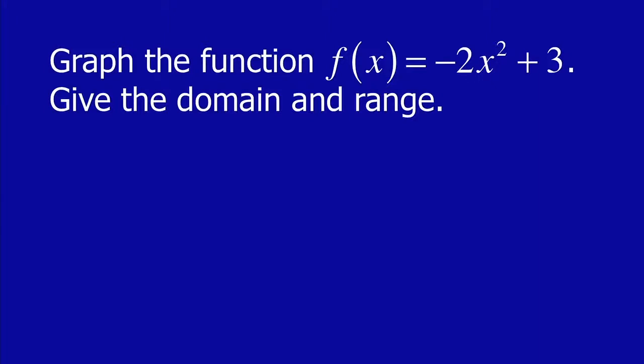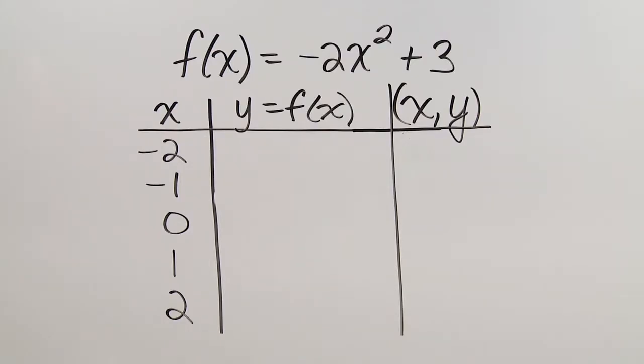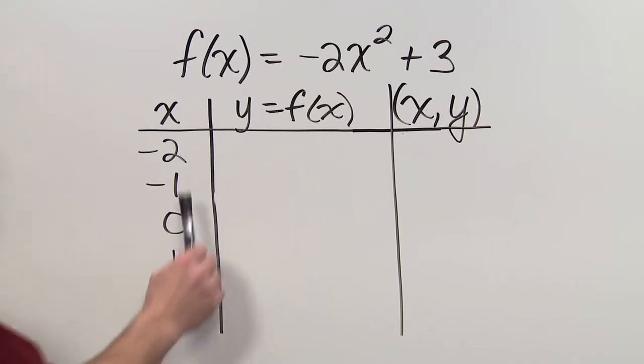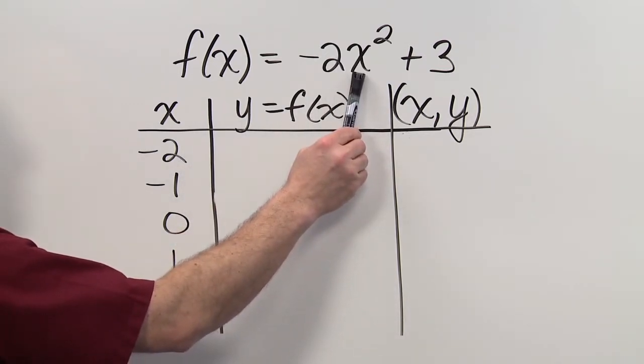Graph the function f of x equals negative 2x squared plus 3. Give the domain and range. So let's make a table of values. I've selected some values for x, which is the input, and we put that in for x here and evaluate